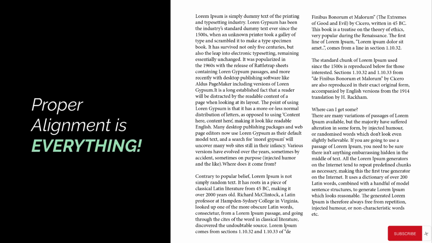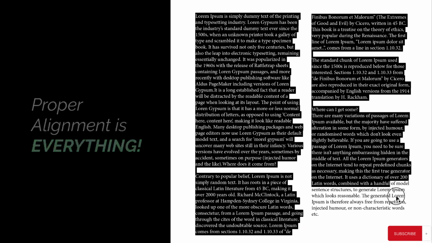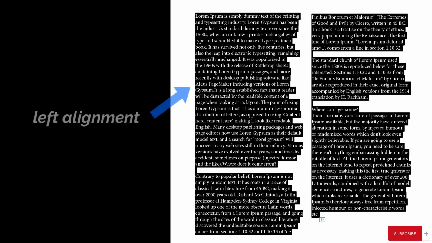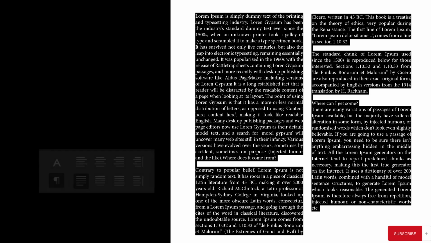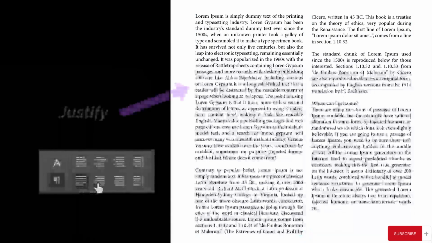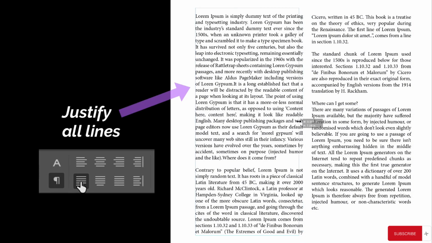Having the proper alignment is everything. It can make a big impact on how your block of text looks. Right now, these two columns are set to left alignment only. But if you play around with your text alignment options and select Justify All Lines, specifically Justify with last line